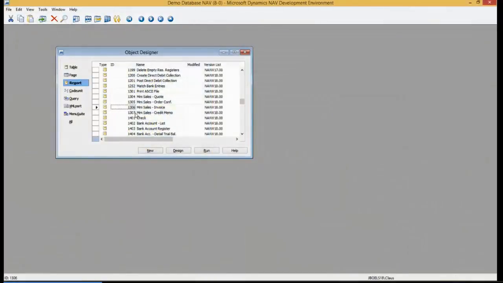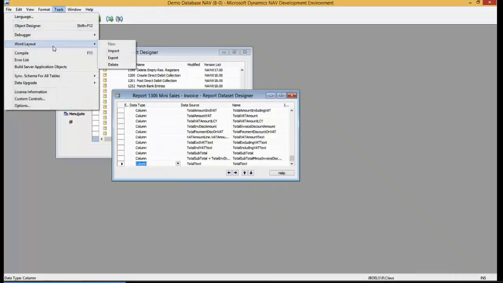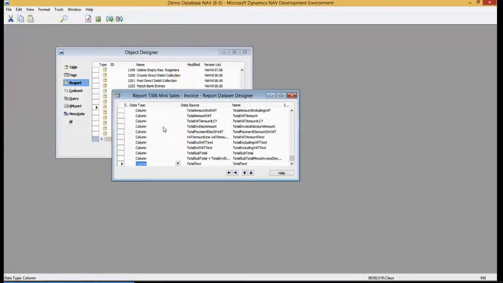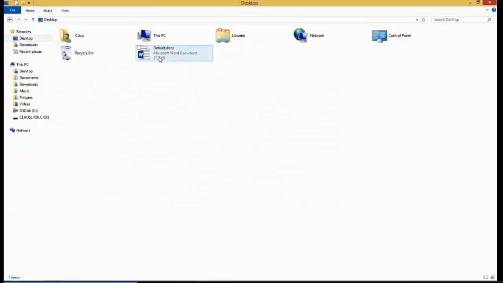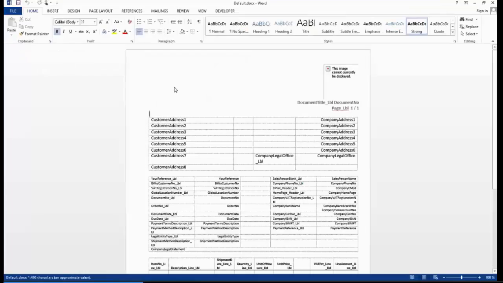So we're now in the Microsoft Dynamics NAV development environment 2015, and we want to make changes to report 1306. This is a report we know that it has both the Word and the RDLC layout, and we want to modify the Word layout that is in this report object right now. So I will open up the designer, and now when I open the designer I can see Tools, and there's a new menu here called Word Layout. What I'll do now, I'll export it out to the desktop, say Save, go to my desktop, and in my desktop I will open up my Word document that I have here, and I can start making my changes.